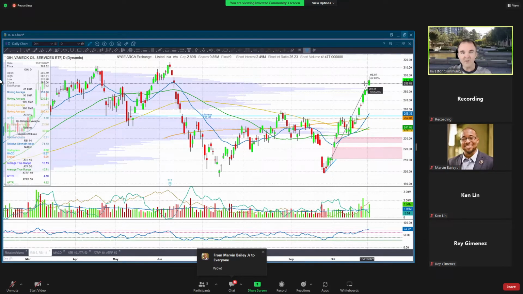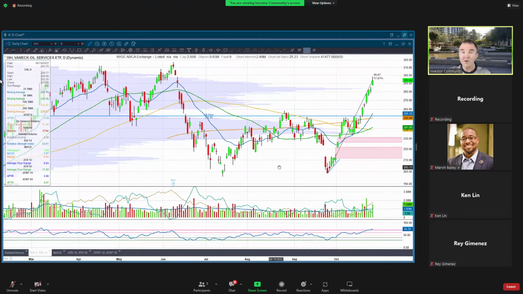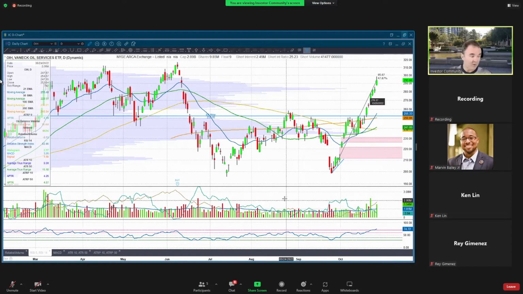If you're in this, I really hope you're starting to take some profit. Although if you're looking at the momentum here, it's saying just hang on for the ride, right? But it's come so much. When this turns over, it's probably going to come down just as quickly. As you can see, it did here back in June. It had a really nice move, and when it rolled over, it went down quick. So when you start seeing some red candles here, when you start seeing this roll over, it's time to get out. You do not want to overstay your welcome in this thing.